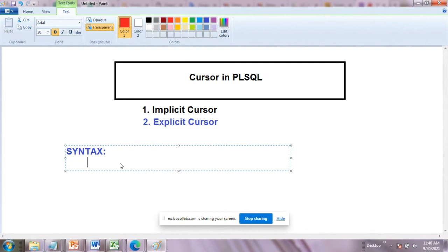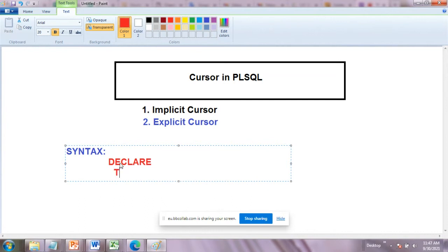If you are going to create a cursor, then you require a table first. Then you write DECLARE here. Suppose I am going to update a record of a table, so I need a variable that will hold how many rows have been affected.